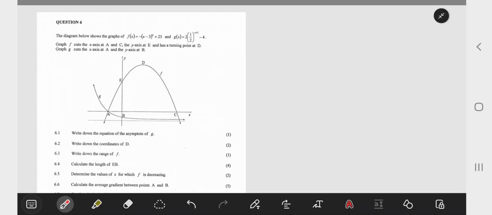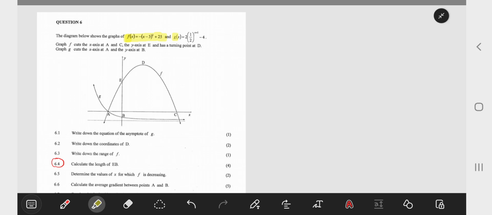All right, so another example: vertical distance, horizontal distance, and diagonal distance, right? So for this question, I'll be focusing on 6.4. Okay, calculate the length EP. Okay, so the instruction says, the diagram below shows a graph of f of x, which is a quadratic function,